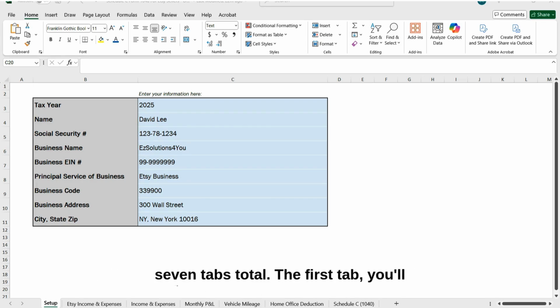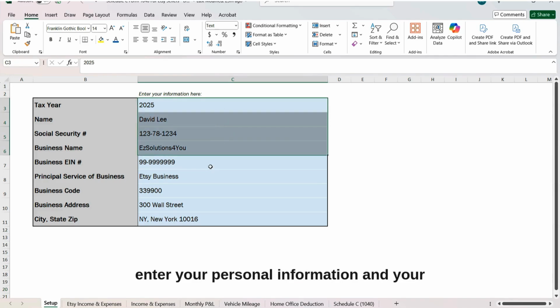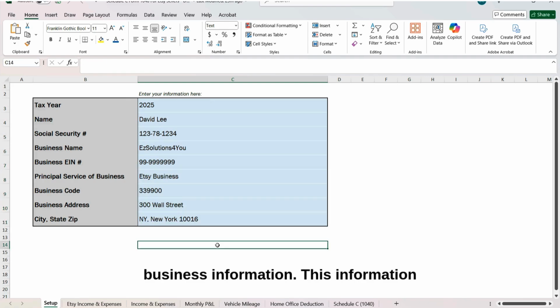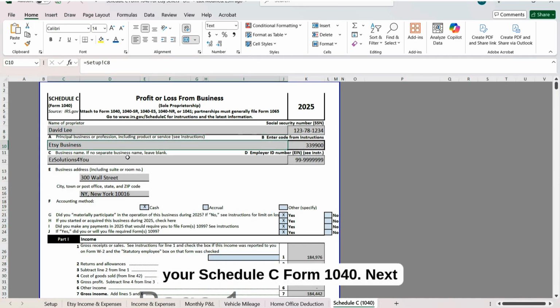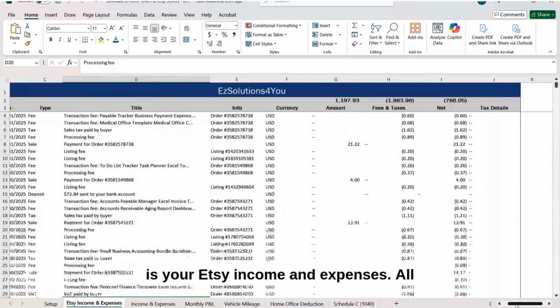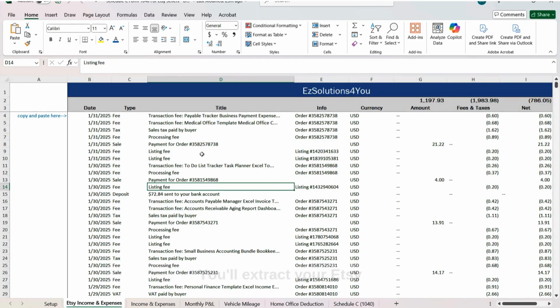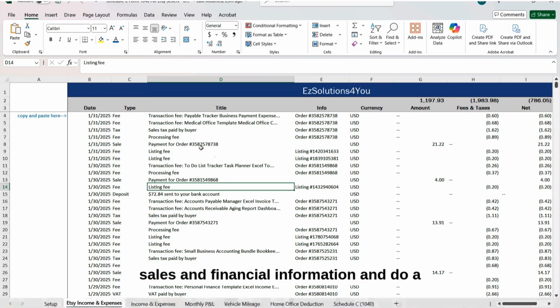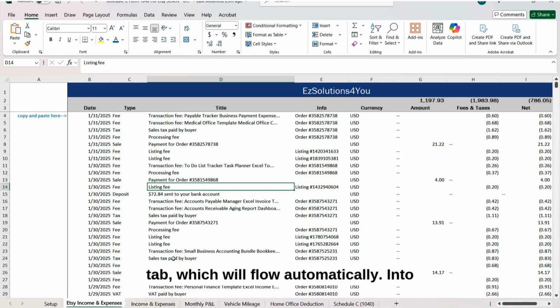It has 7 tabs total. The first tab, you'll enter your personal information and your business information. This information will flow directly and automatically into your Schedule C Form 1040. Next is your Etsy income and expenses. All you'll do here is go into your Etsy portal, extract your Etsy sales and financial information and do a copy and paste into the Etsy income and expenses tab, which will flow automatically into your Schedule